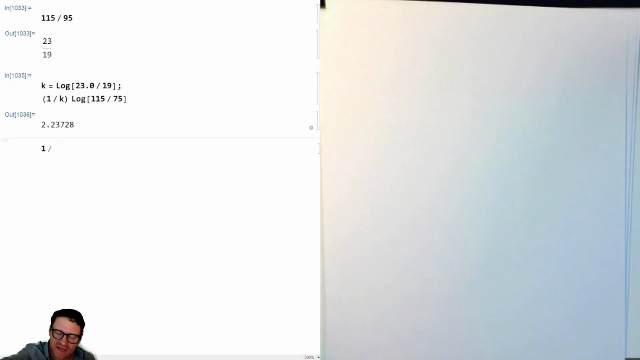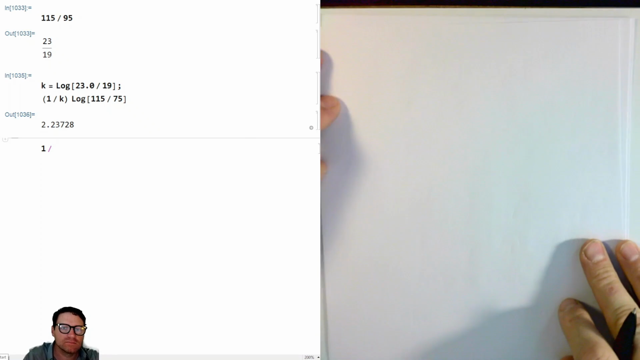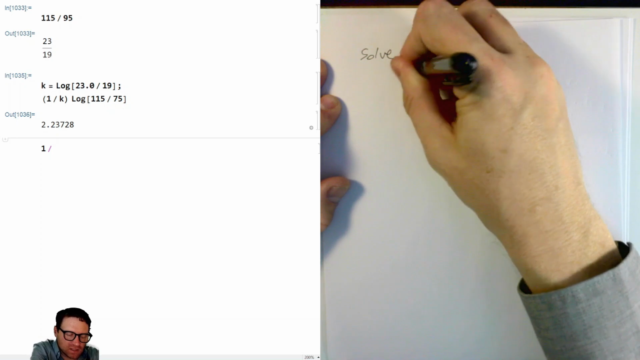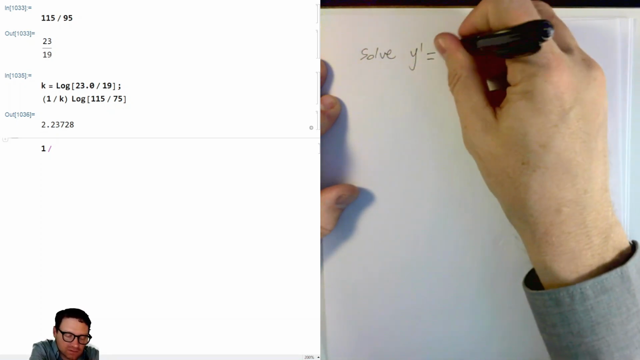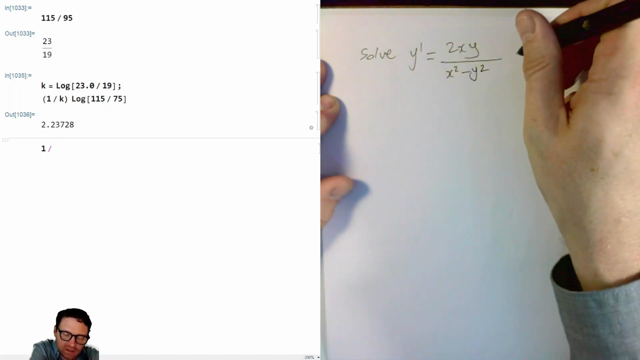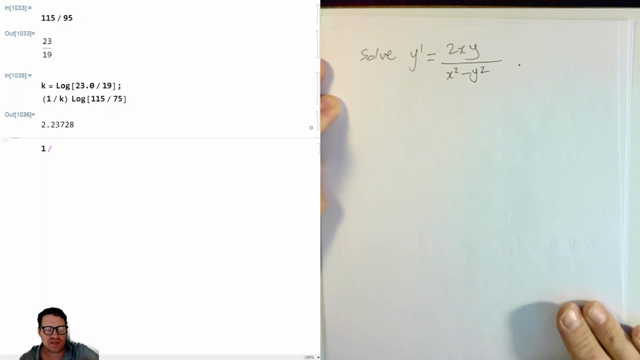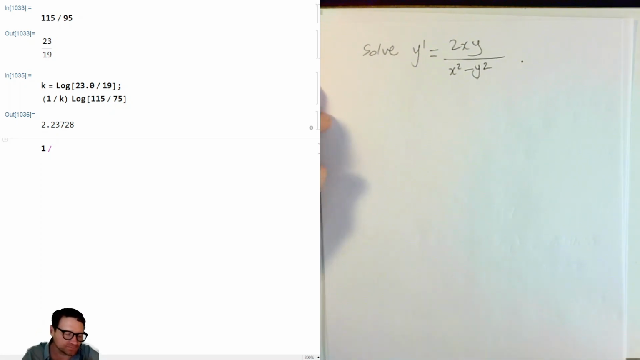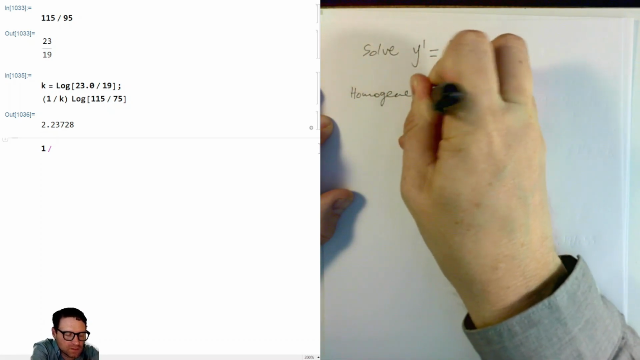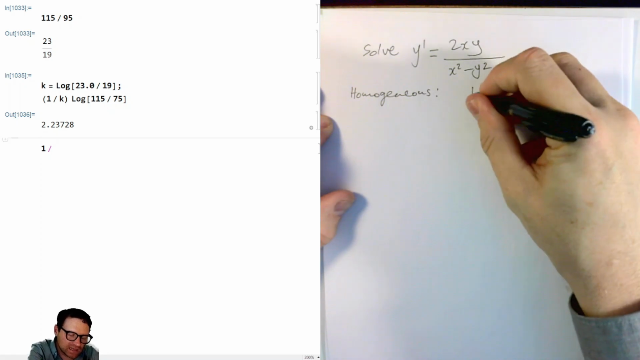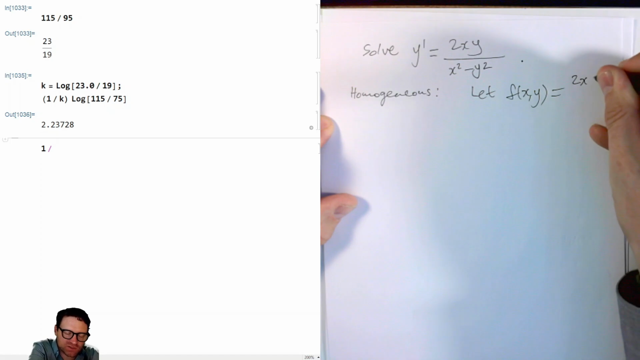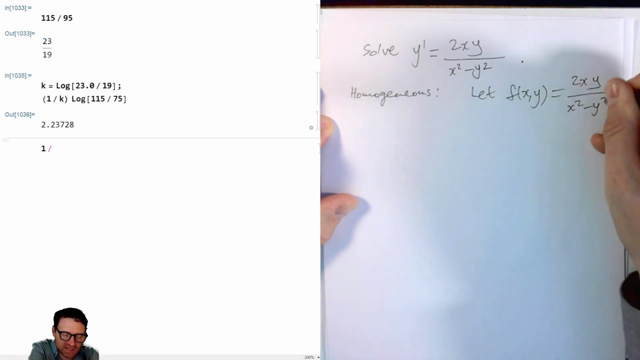All right, the next one says, find the general solution. So we'll just say solve the ODE y dash is equal to 2xy over x squared minus y squared. Now notice this equation is homogeneous. Okay, because if we say let f of x and y be equal to 2xy over x squared minus y squared,